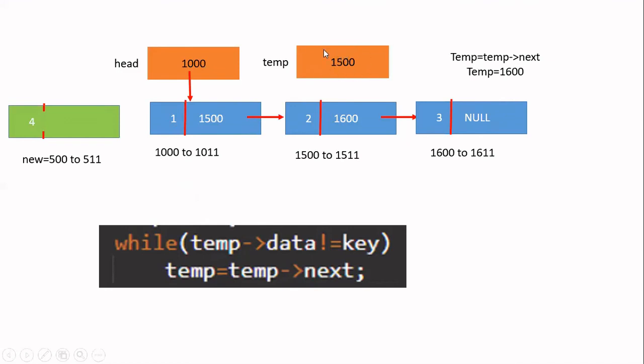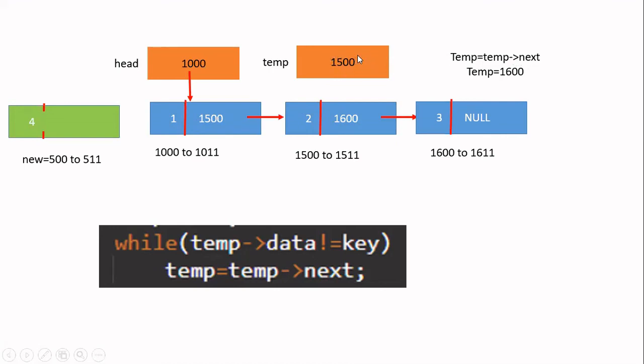Now I have changed it here to 1500. Why I have changed it to 1500 is, this node is not having data as 2, so I have to go to the next node. So how to go to the next node? From temp, you get the next field, that is this 1500, the address of the next node. So you make temp equal to temp arrow next.